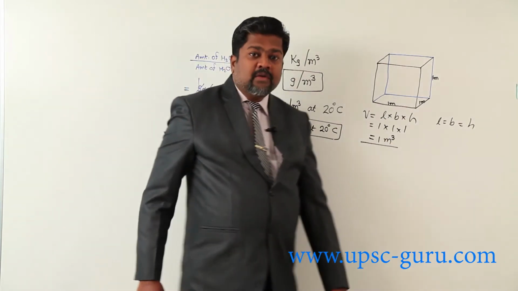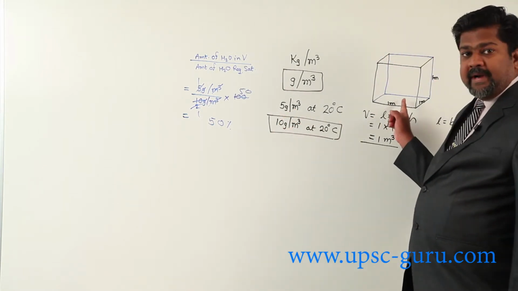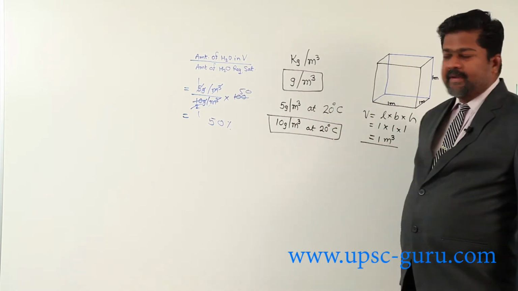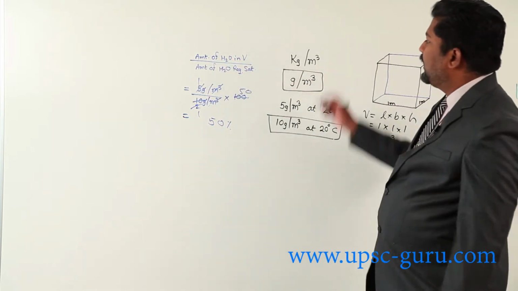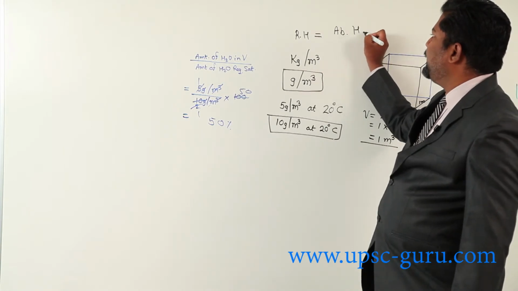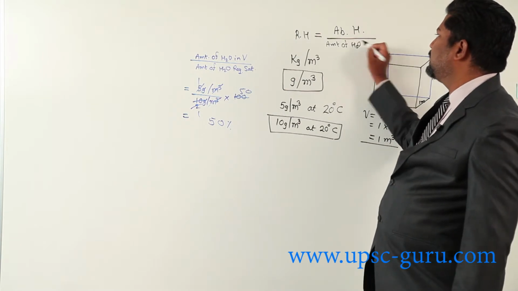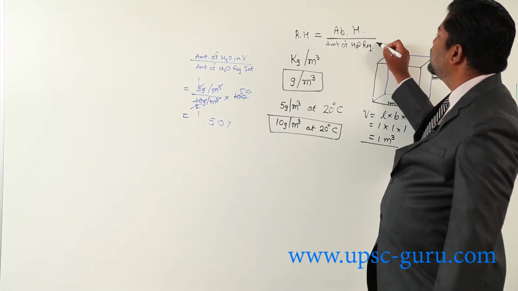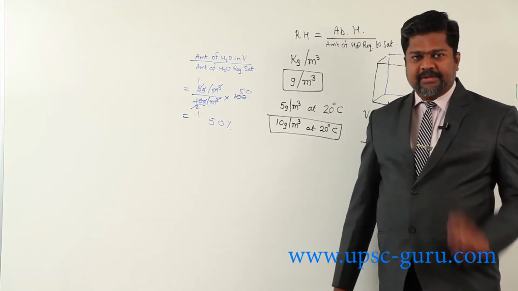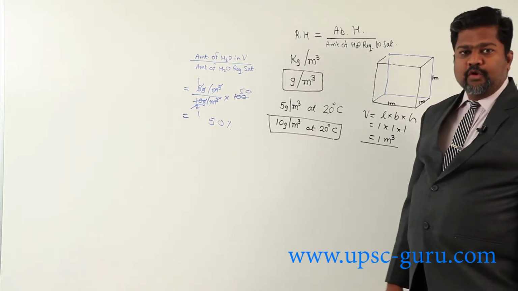You are getting the idea? So first, we observed that 5 gram water is present in 1 meter cube at 20 degrees Celsius. This is called absolute humidity. So here I can write relative humidity equal to absolute humidity upon the amount of water vapors required to saturate air at that same temperature. So this way, with the help of absolute humidity, we can calculate relative humidity also.